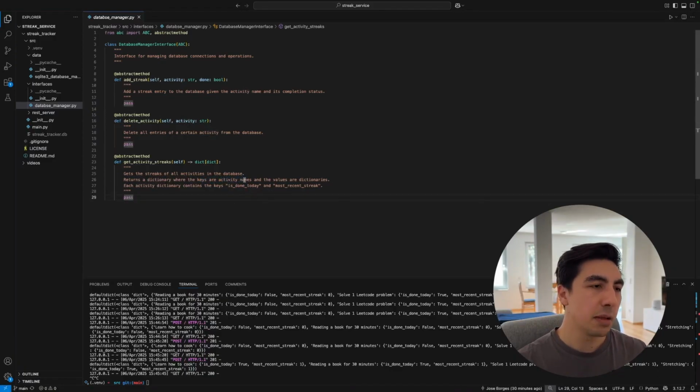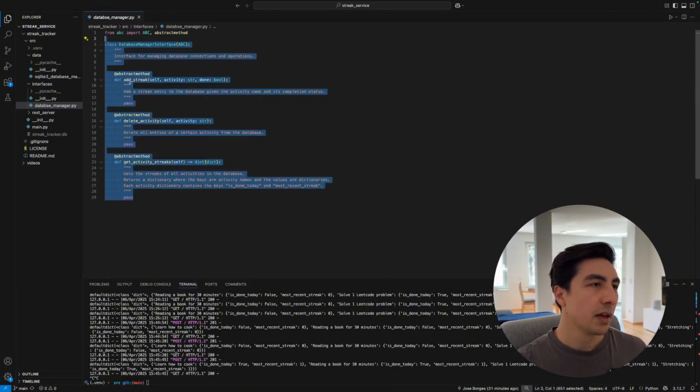And each activity name is going to have another dictionary as a value. And this dictionary as the value is going to then have two other keys: whether it was done today and the most recent streak. In my swimming example, that would be the 30 days that the person had been doing that. And the cool thing about this method of doing things is that by using an interface over here, whichever